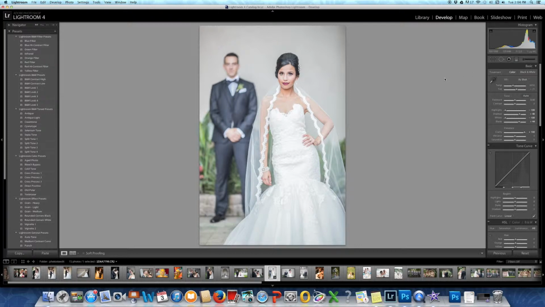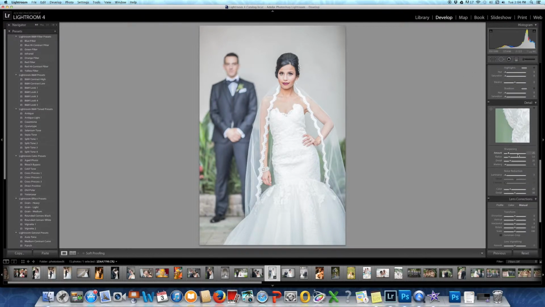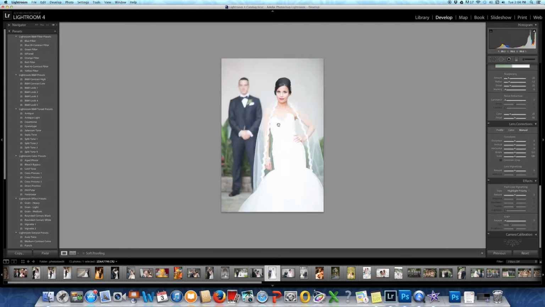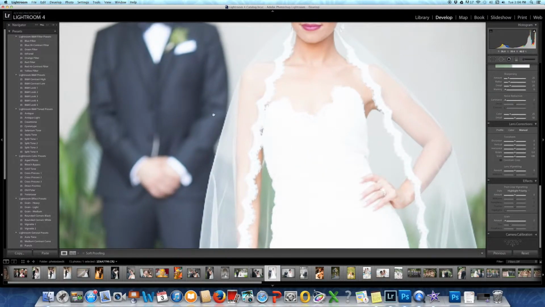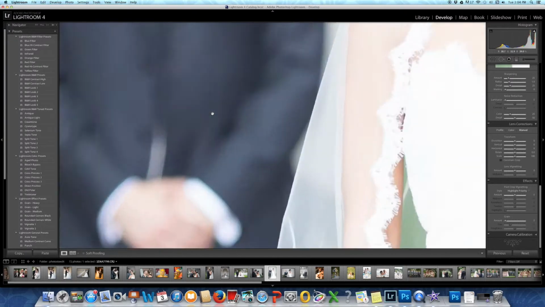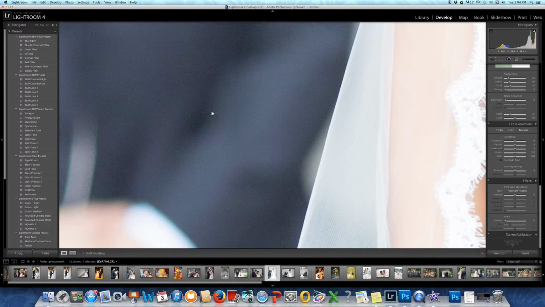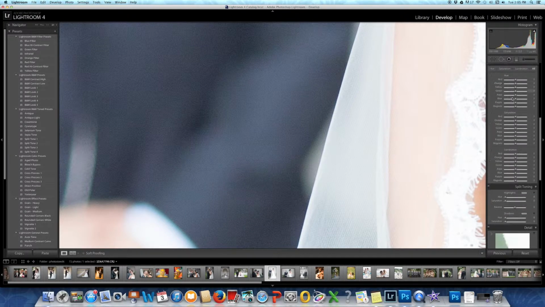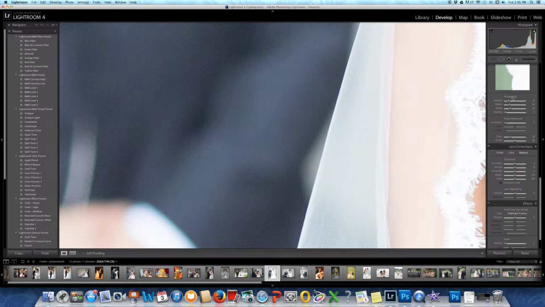And again, Lightroom is much simpler in a way compared to Photoshop, and not everything is laid out for you here on the sides. If you want to clean up noise, let's just go ahead and reset this to the original shot. And once we zoom in to the groom's jacket here, we can see the noise, and to clean that up in Lightroom, we would have to go to,